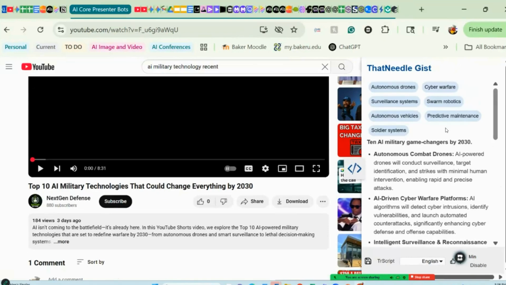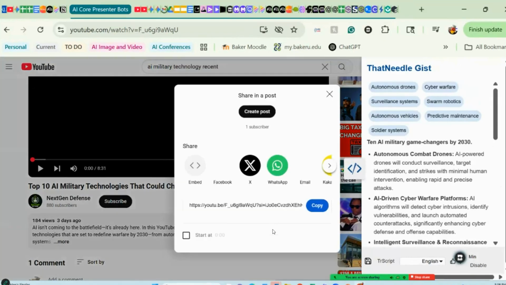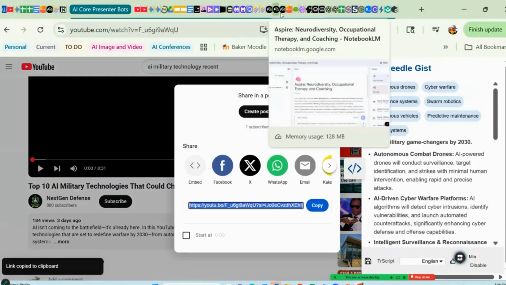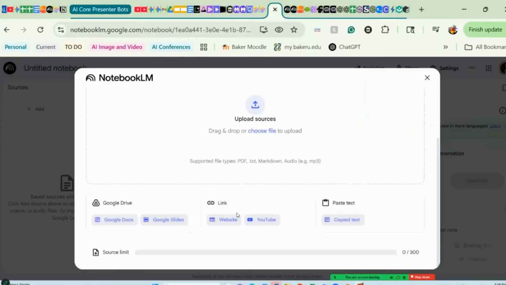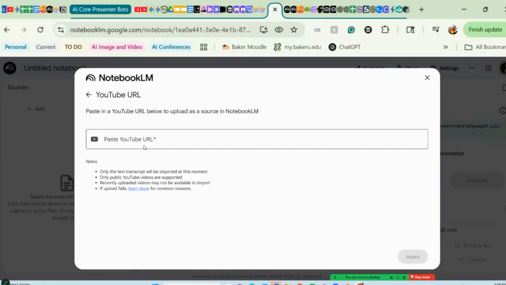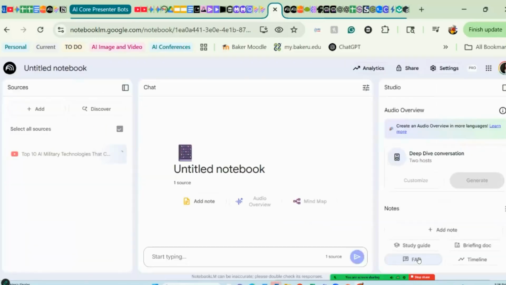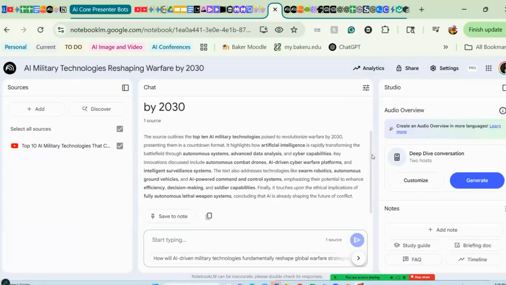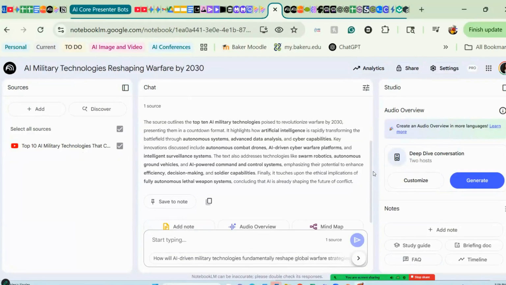So it looked interesting. So I might take this video and just click share and just copy that video over to my NotebookLM, where I was just creating a new notebook. All I'm going to do is put in the YouTube video as one of my things in my notebook and insert it. This is not FERPA compliant, so I wouldn't want to put anything in here that I would be worried might get into the wrong hands.